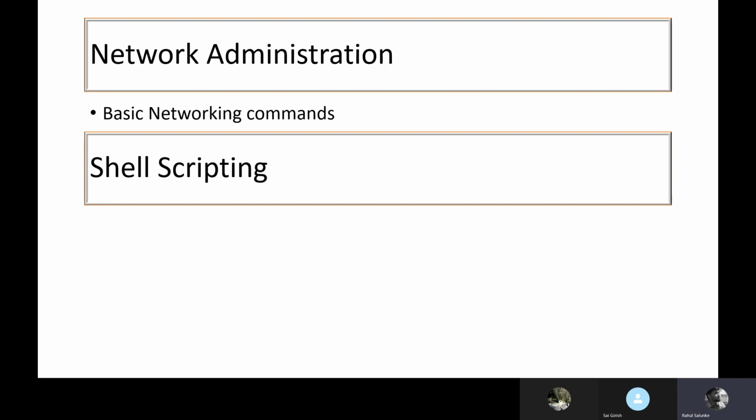We will try to cover all the features and functions